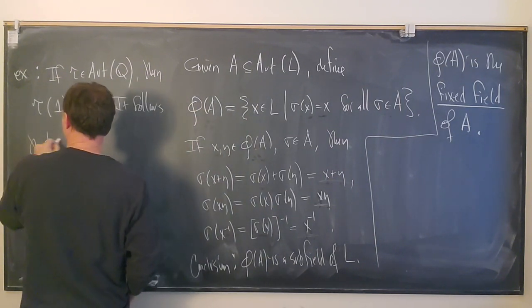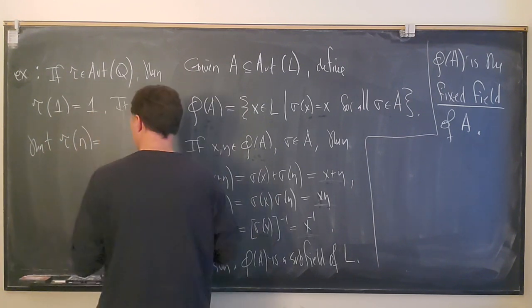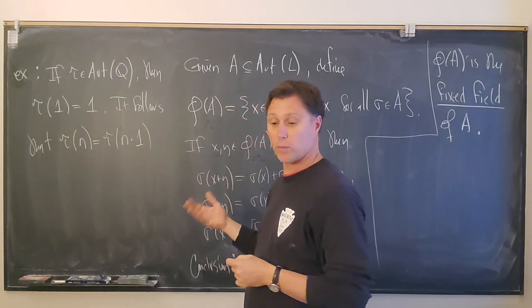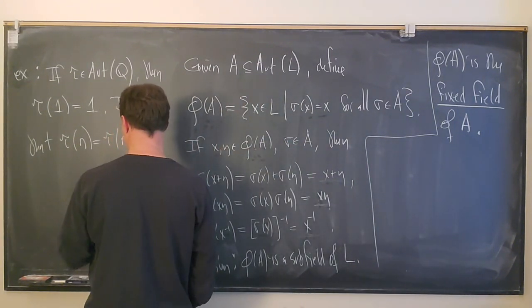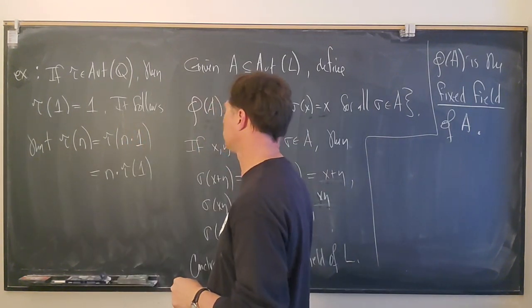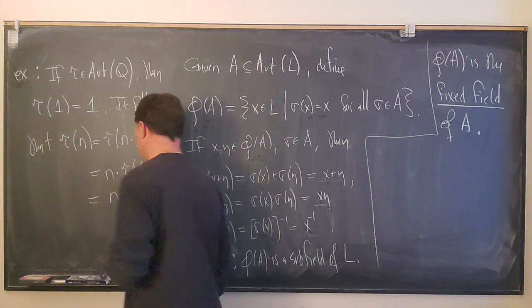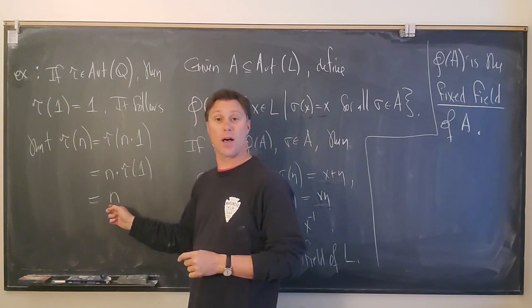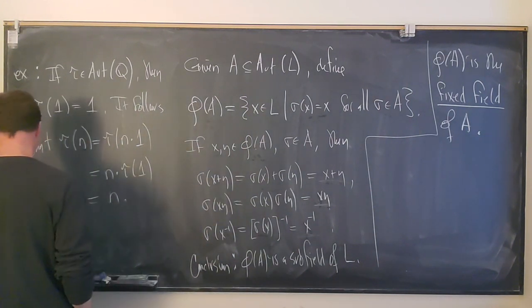So if 1 has to go to 1, then tau of n, which is tau of n times 1, where n times 1 means 1 plus 1 plus 1 n times, is equal to n times tau of 1. But that's equal to n. So that tells us that every integer has to go to itself. So the integers are fixed by tau. So then, as a consequence,